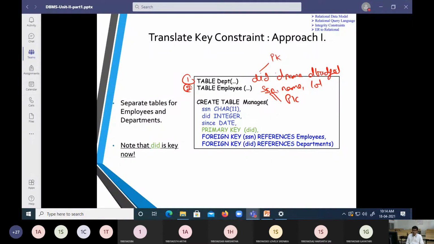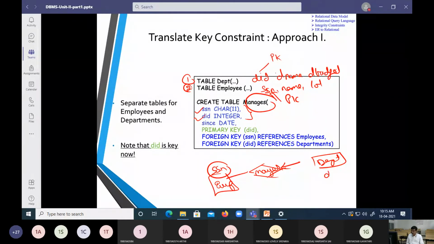Now we have to localize two variables, SSN and DID, in the manager table. What we have taken is a manager table, and then we made a department and an employee. In this table we are going to have SSN and department ID, that is DID.